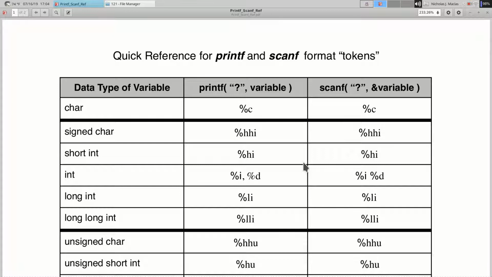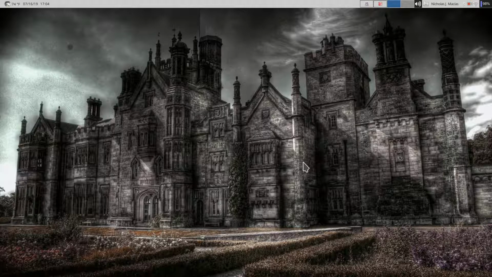So printf is basically what we use when we have a variable and we want to display its value to the user. We've used printf with a %i in that first program. If you look through here, that third or fourth line down says for an integer type of variable we can use %i or %d. Printf is just this middle column; we'll ignore scanf for now. And if we play around with some code,